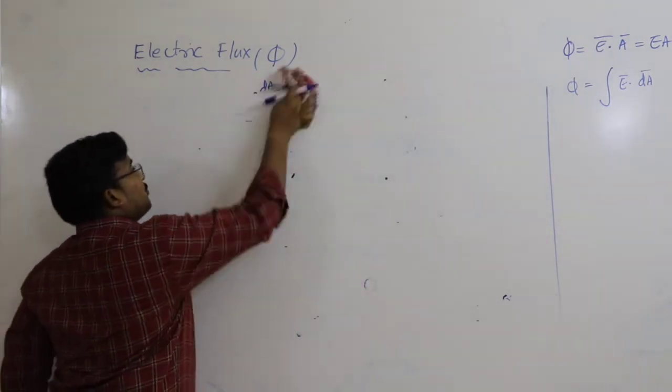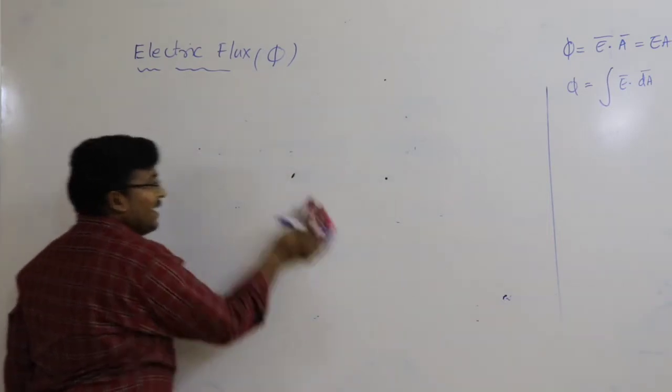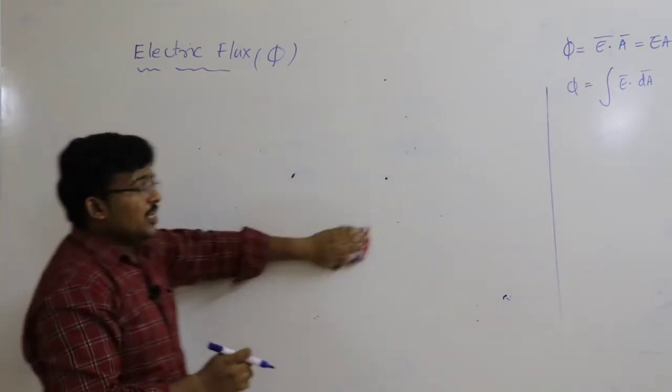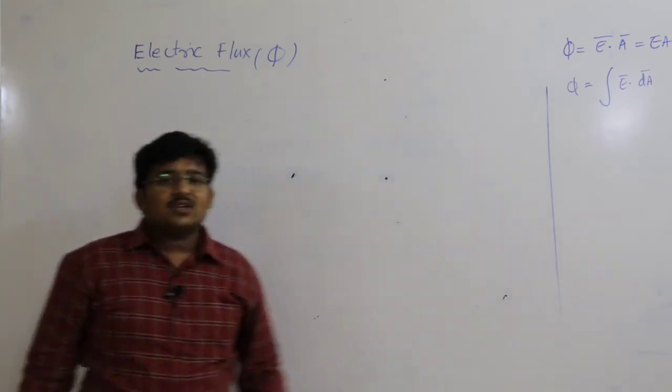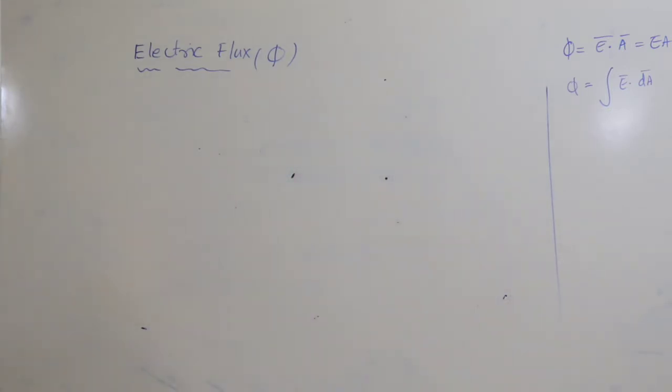So if you know the dot product and if you know the angle between the vectors E bar and A bar, then flux calculation is easy. Okay. Here,